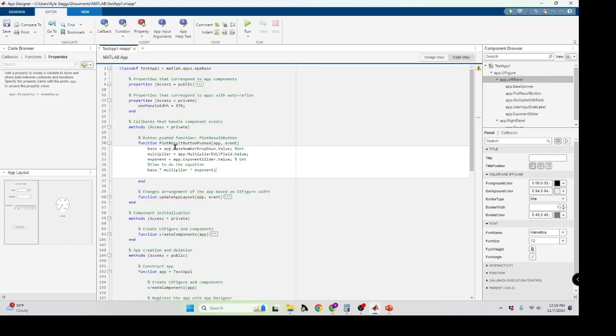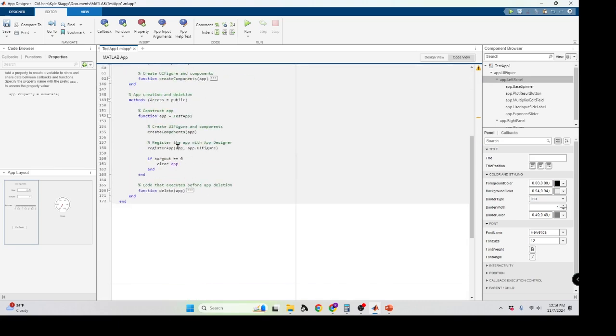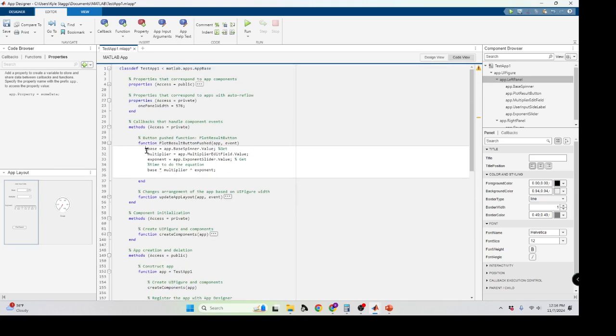So I have to go change the code view. And this is going to be, rather than the base number, I'm going to start typing base spinner. So base spinner. What this is going to do is still allow us to pull a numeric value from base, a numeric value from multiplier, a numeric value from exponent, and do this math at the bottom, base times multiplier raised to the exponent. This will give us a range, and we'll see it output